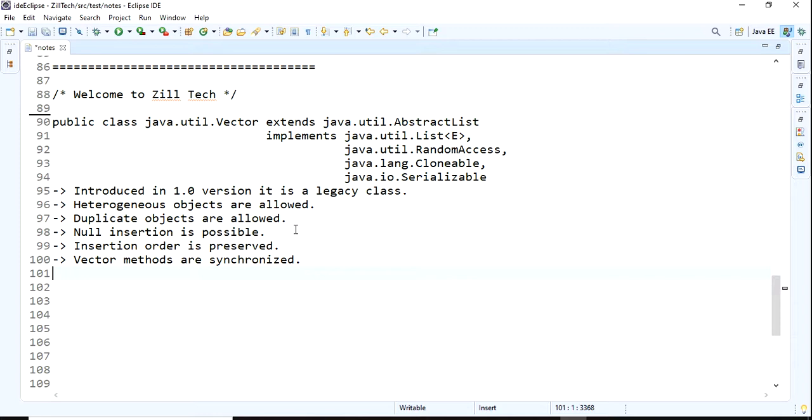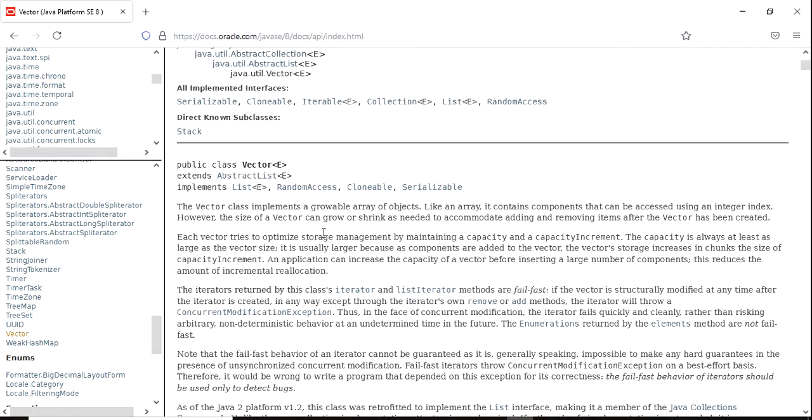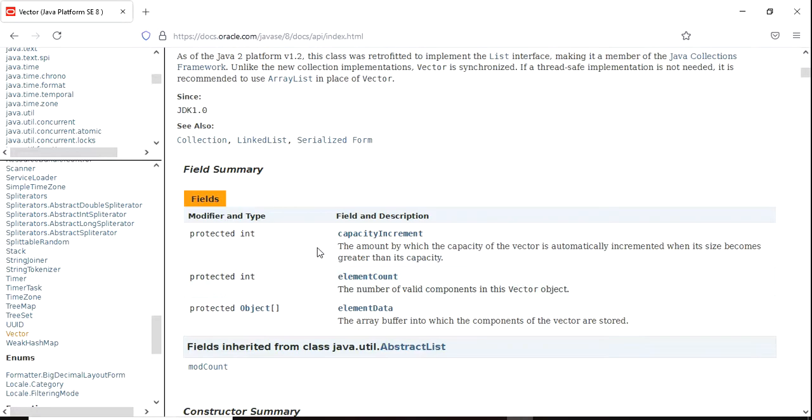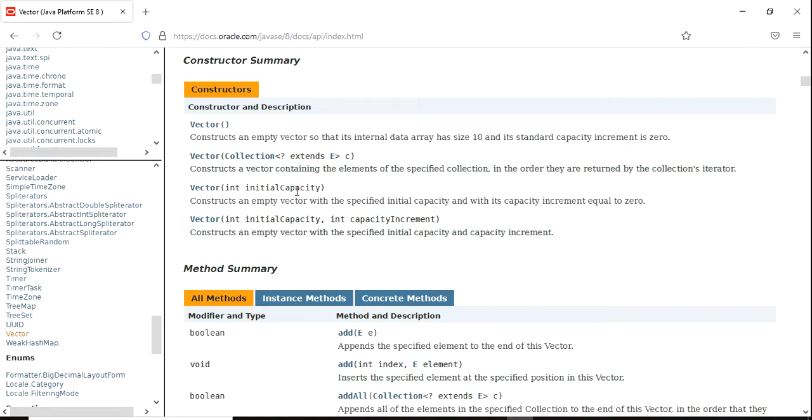Today we'll see how to create a vector. We have a few ways to create a vector, using the vector constructor. We have four types of overloaded constructors, and we are going to see each of them in this video.